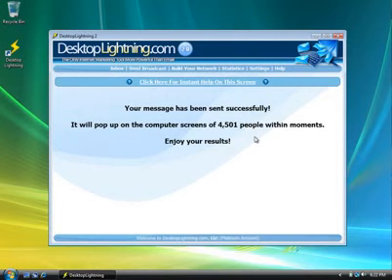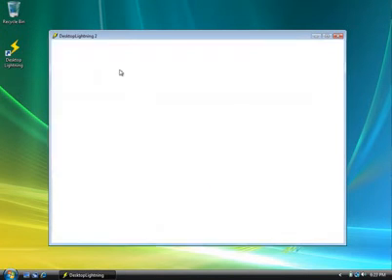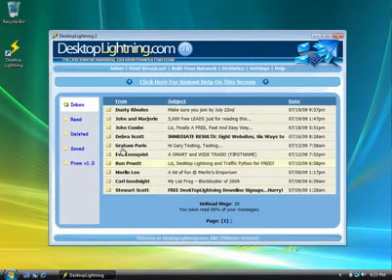Now, you might be wondering, how can we let you send your message directly to the desktops of 4,500 people for free? Well, part of the answer is you have to read other people's messages to be able to send. So if you go to Inbox here, you can see other messages that people have sent, and you've got to read at least 60% of them. That's how we make it fair. That's the magic behind our system that makes it work.